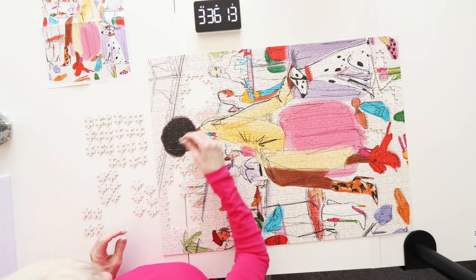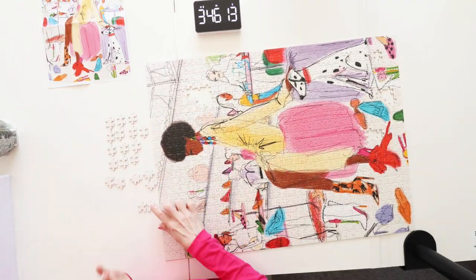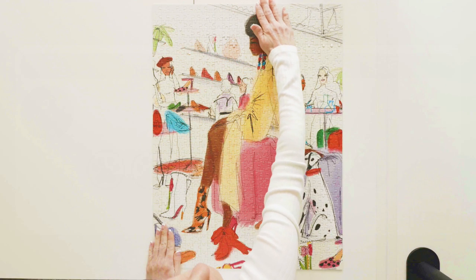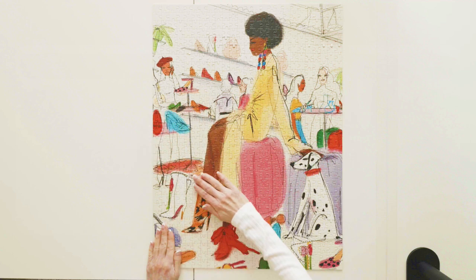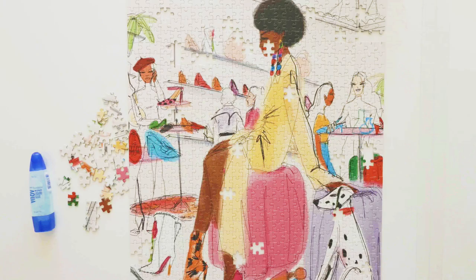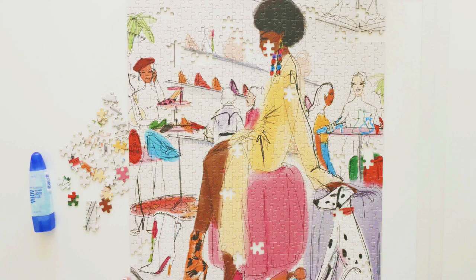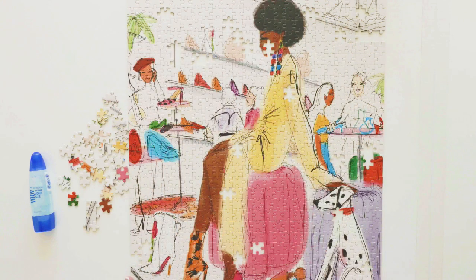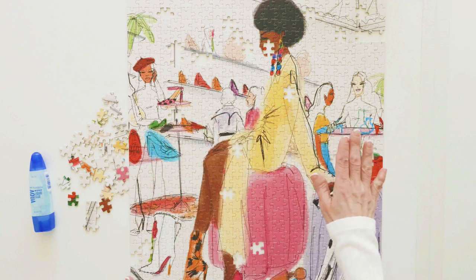I worried about damaging puzzle pieces by moving them around on this puzzle, so my enjoyment score was a 7 out of 10. This puzzle took me 3 hours, 50 minutes, and 29 seconds to complete. Typically, when I finish a puzzle, I run my hand across the puzzle and I call it a day. But when I did that with this particular puzzle, my hand kept getting caught on all of the flawed pieces